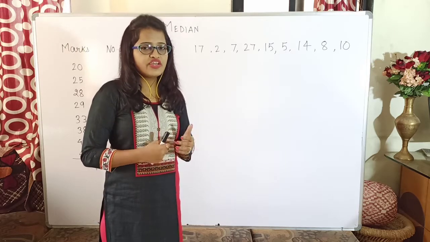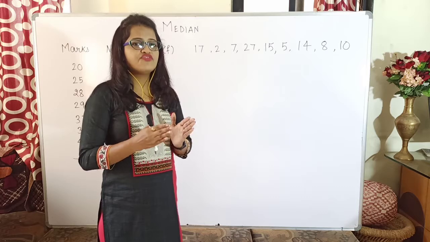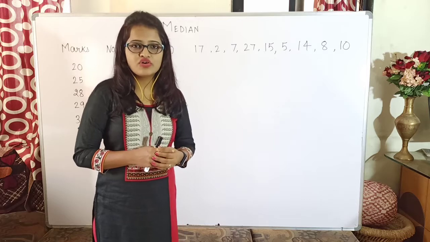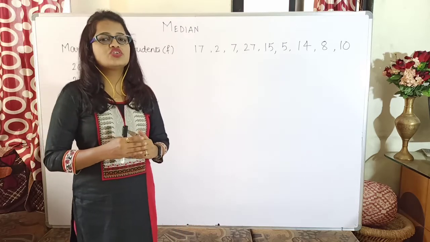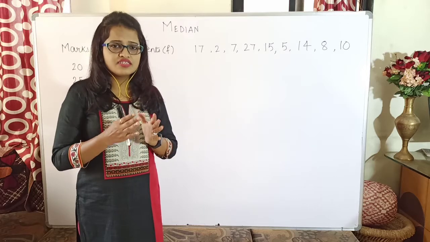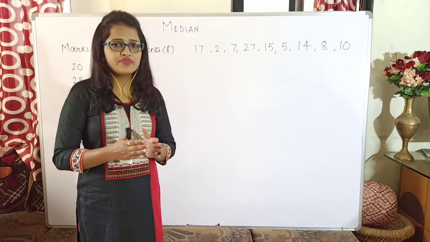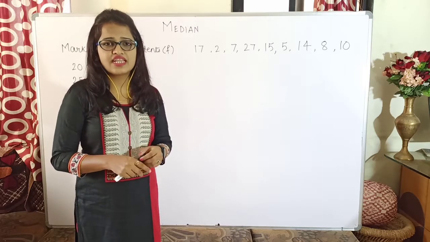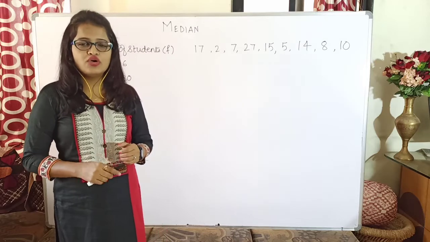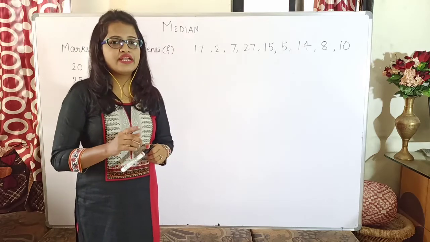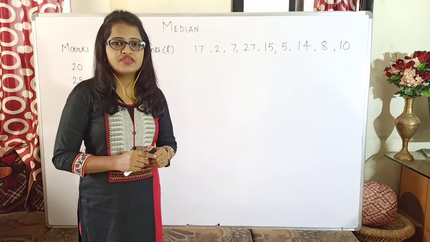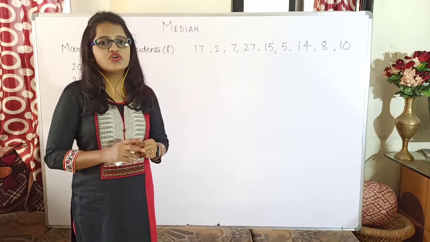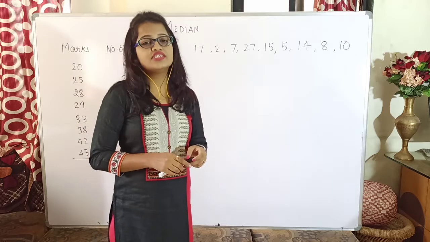So definitely, to make sure that 50% of the data lies below the median, we have to arrange the given data into some order, isn't it? Because if the data is not arranged, will you get that the central most value is the exact representative telling that 50% data is lying below that median value and 50% is lying above it? No. So whenever we are going to find the median, the first thing that should be done with the given data is to arrange that data either in ascending order or in descending order. You can arrange it either way.